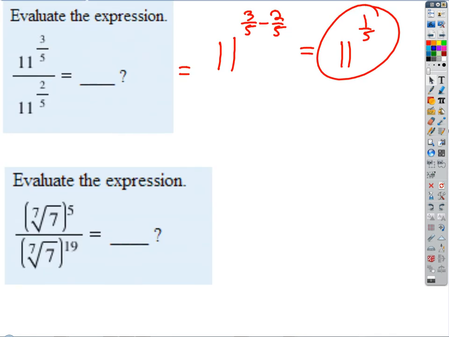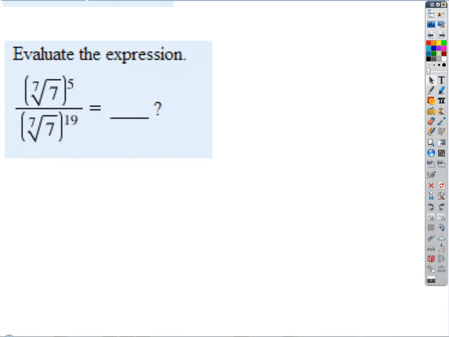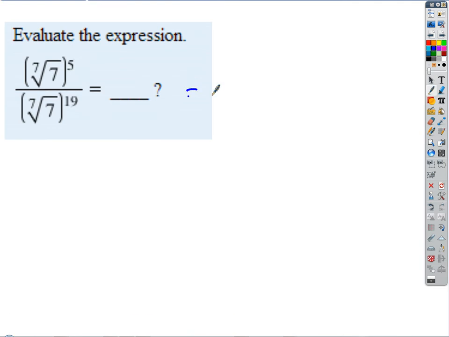Okay, what about this? Now this looks pretty ugly. When you write things in terms of radicals, they always look worse, and they are harder to deal with. So what do we probably want to do with this? You can make those fractional exponents, right? Rewrite those with fractional exponents. Get rid of the radicals. So what are we going to end up with on the top then? Yeah, right, I get 7 to the 5/7